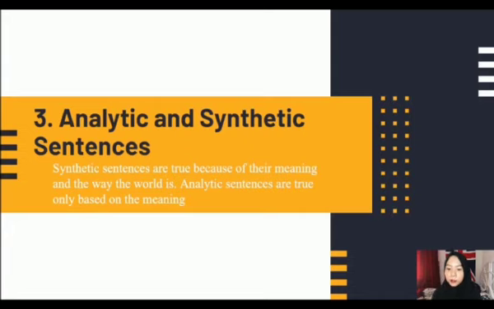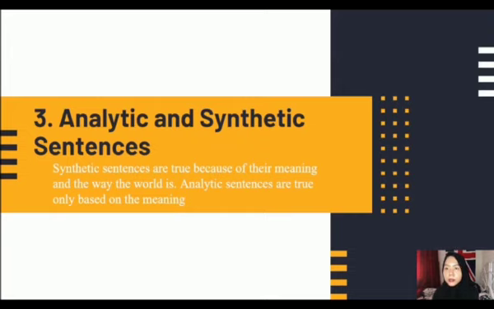To determine the truth value, we need to look at the meaning of the individual words themselves. Otherwise, it is what we call synthetic. It is impossible to establish the correctness of a synthetic sentence only by considering the relationship between the subject and the predicate,